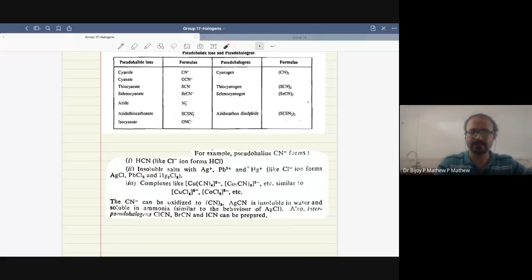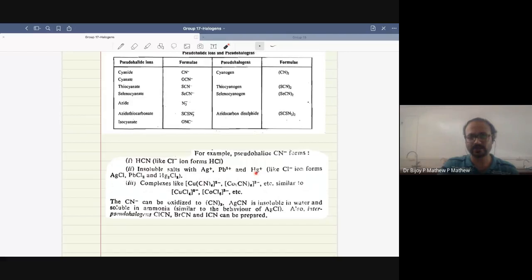As you know, the salts of AgCl, particularly silver chloride, are usually insoluble. Similarly, PbCl2 is insoluble and HgCl2 is insoluble, and that is why, when you add HCl in the first group detection while doing the analytical detection of these cations, these salts get precipitated as their chlorides, because the chlorides of silver, lead, as well as mercurous are insoluble.